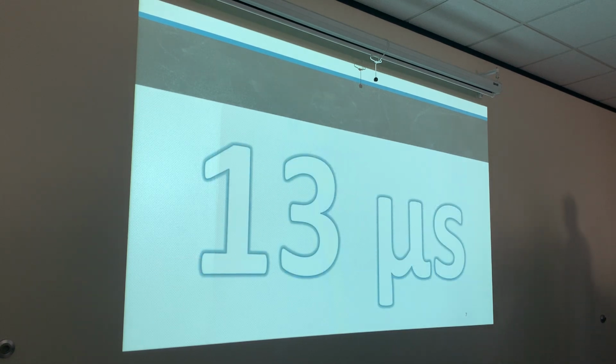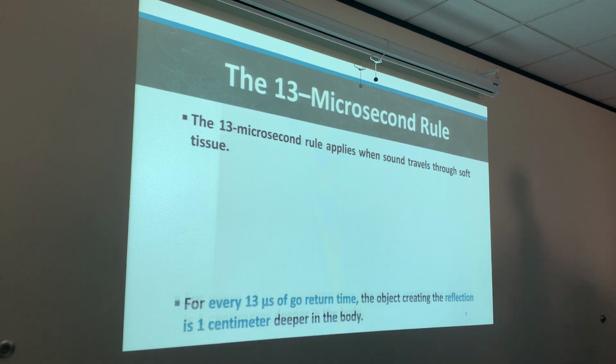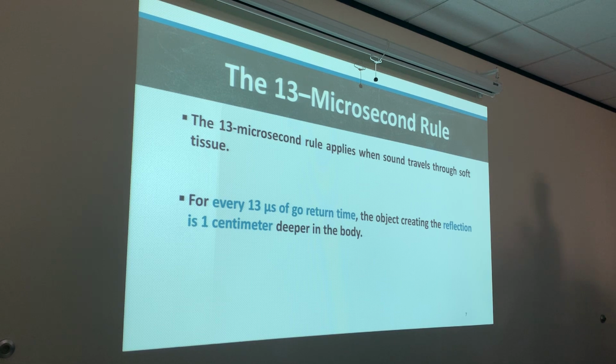All right. So, this brings us to our 13 microsecond rule right here, guys. The 13 microsecond rule applies when sound is traveling through soft tissue. As diagnostic ultrasound technologists, our main objective is to do soft tissue exams. That's what ultrasound is good at looking at, seeing soft tissue. So that's why we're able to accurately see that liver mass, because of course the propagation speed between fat